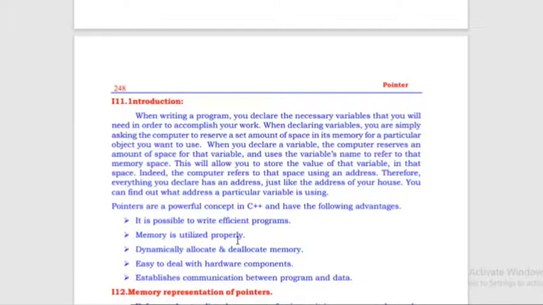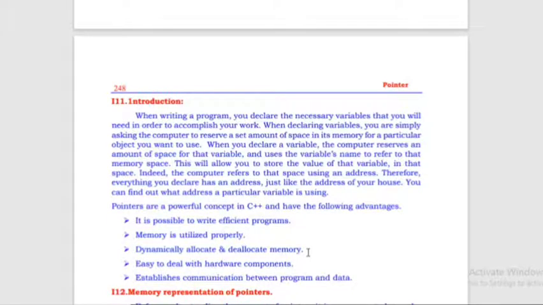Because that 256 value can be represented by making use of int only, it's going to utilize the memory properly and dynamically allocate and deallocate the memory space. What is another advantage? It's going to allocate the memory dynamically, in the sense spontaneously. If you have declared a variable anywhere in a program, then it's going to allocate the memory there itself. No need to wait for the memory allocation.